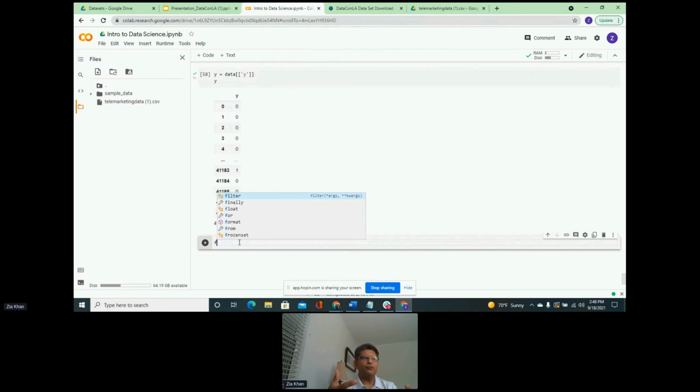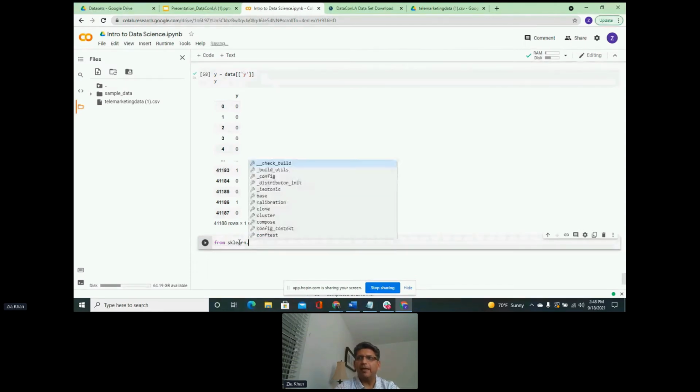So how do we get the actual algorithm? We get it from the library sklearn in Python. Sklearn is the machine learning library of Python, and most of the algorithms for Python are available in it.